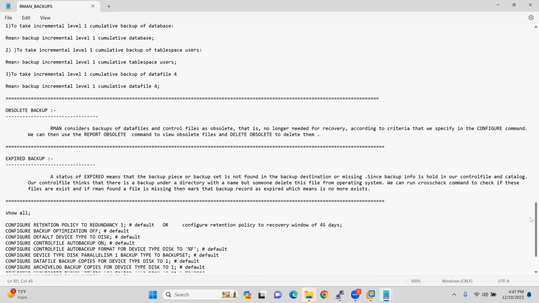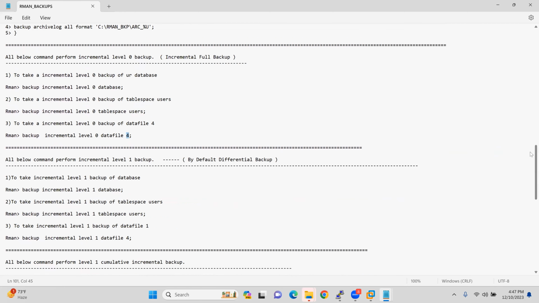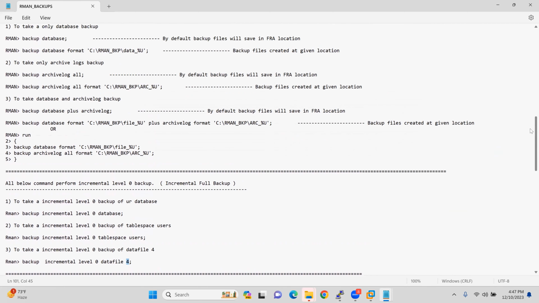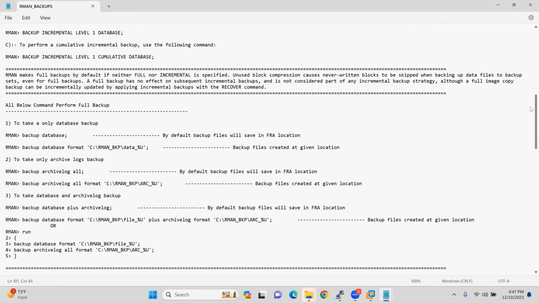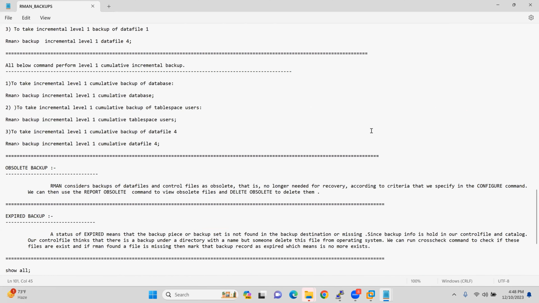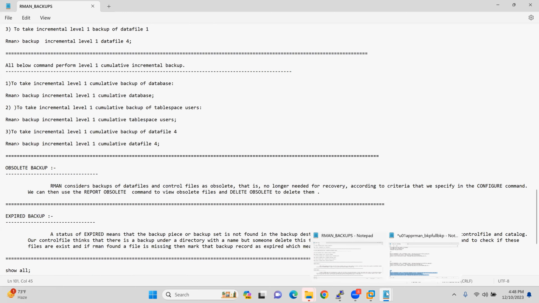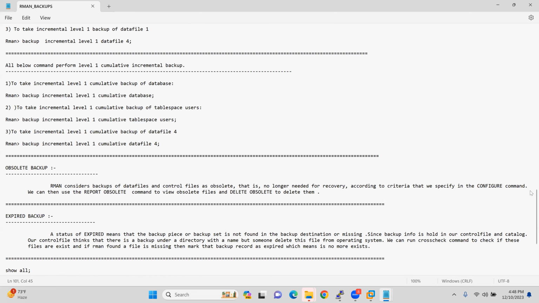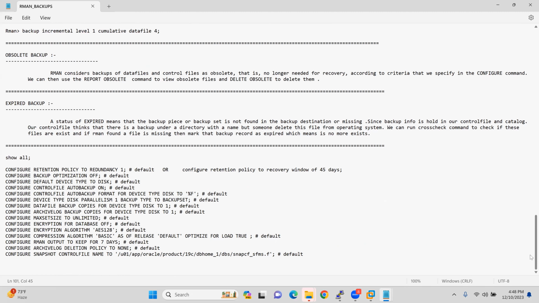And this is the way to take the backup of the database, like data files, control file and data files, cumulative, differential, level 0. So this is the way to take the backup of the database. So now here what I am going to do now,